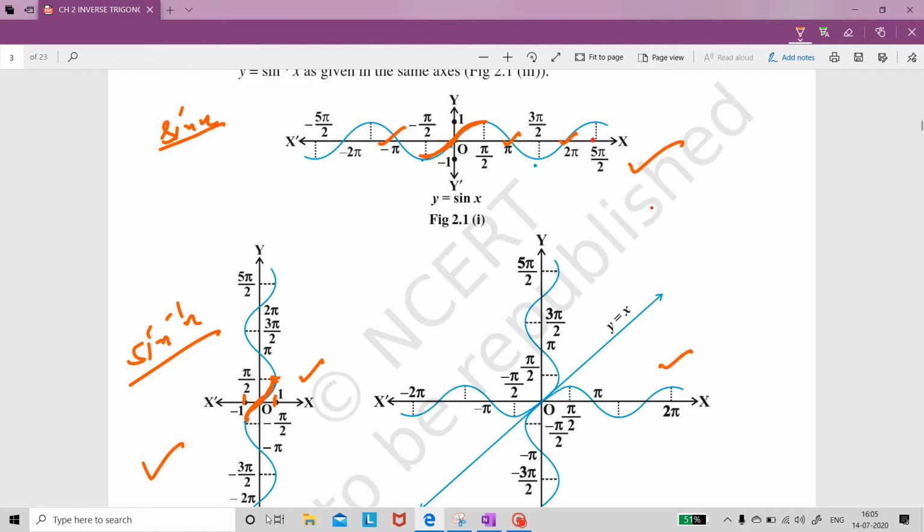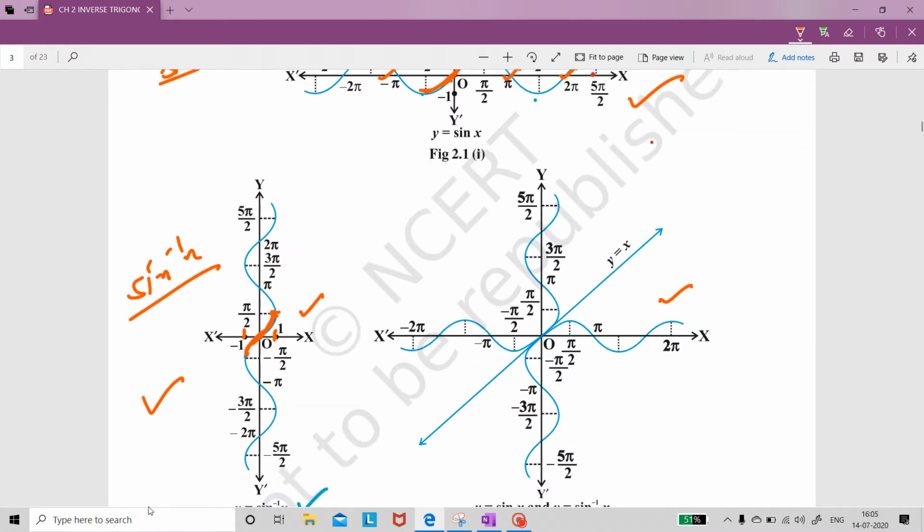Now look at this figure. This figure is showing you the sine curve and the sine inverse curve both on the same Cartesian plane. You can see this horizontal curve. This horizontal curve is the curve of the sine function, and you can see this vertical curve. This is the curve of the sine inverse function. Now if you draw the line y is equal to x, you can see that you are going to get the mirror images of the curves with respect to the line y is equal to x. So you can see that they are mirror images of each other.